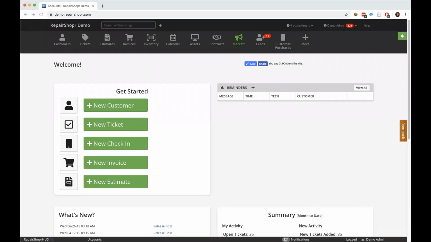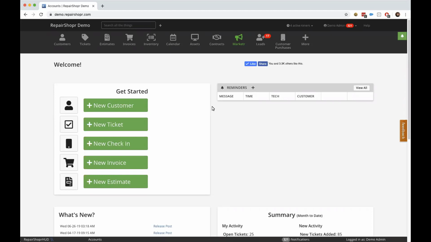Excited to give you an overview and a deep dive into the Repair Shopper's MSP add-on. This is a very recently created add-on designed to bring more power to MSP users taking advantage of the Repair Shopper platform. With Repair Shopper's PSA functionality, we know that many users in the MSP space, of course, already have an RMM tool. We have had many RMM integrations for Repair Shopper prior to this integration, but bringing this MSP add-on definitely gave us a chance to add a new suite of integrations and features to help you take better advantage of those existing integrations we have, as well as the other features that you have with Repair Shopper and